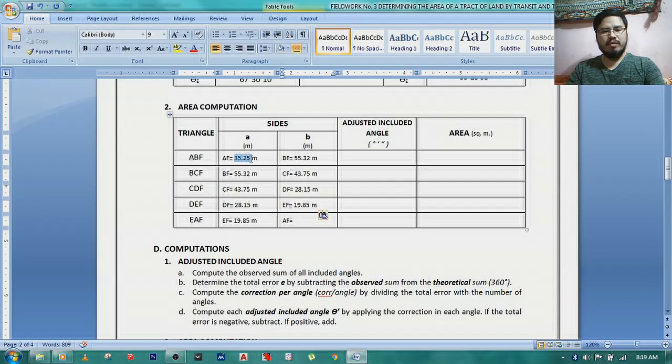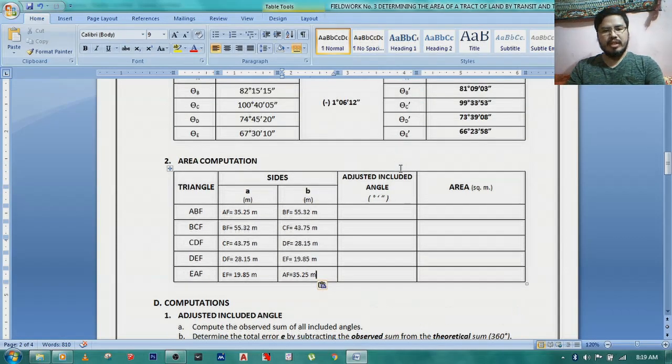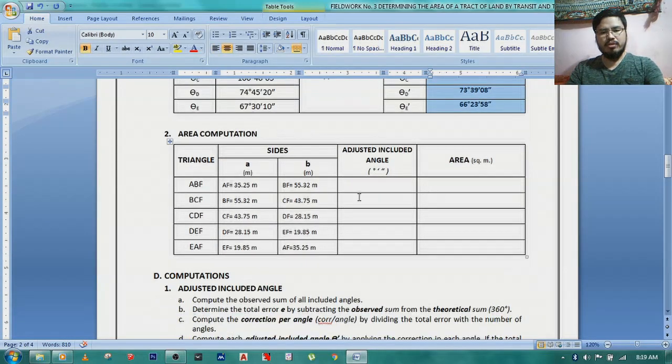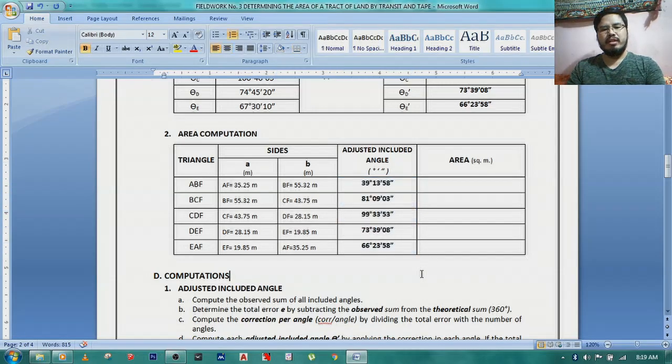Okay, and we have AF there. As you can see, we have the adjusted included angle in the tabulation of area computation. That means whatever values you have here, all you have to do is copy that there. Okay, so we have now the sides AB for each triangle, and we have the adjusted included angle. So we can now interpret the